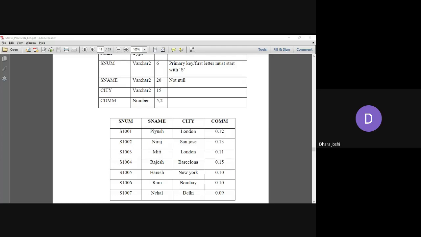So I think you need to do it by yourself, but whenever you are facing any query, if you are not able to understand how to do the same, first think for some time, then reply with your query, and then I will provide you the solution for how it can be done. But here the major task is to be done by your side. Okay, Akanksha done. Very good.